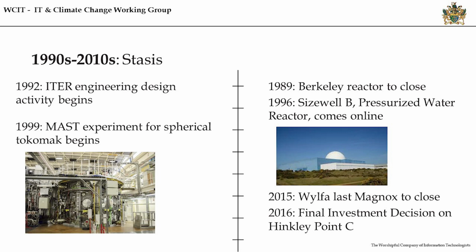So on the other side, in fusion, the ITER engineering design activities began in the 90s. It's important to know about the historical timeline, particularly, so I'll come on to things like ITER, but it's important to have that historical knowledge to understand where the industry is today. And then MAST, which is an experiment for a spherical tokamak, which is different from a normal toroidal tokamak, whereas one is like a hula hoop, a spherical tokamak is like a cored apple. So Jamie will probably touch on this, so I won't talk too much about that.